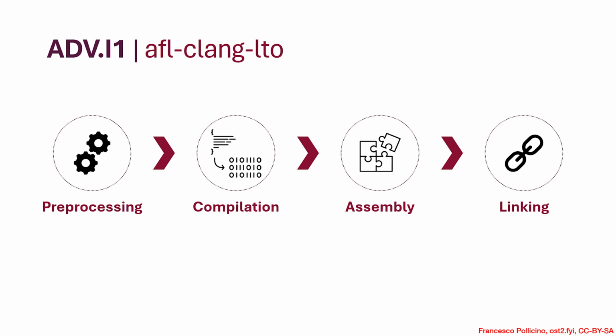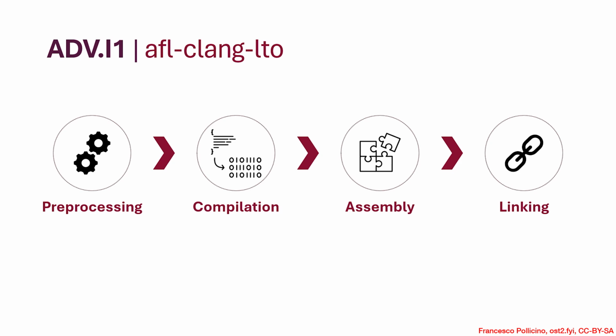We start with the preprocessing that prepares the source code for compilation, expanding all the macros, like the define and the ifdef, incorporates the files in the include directive, and produces the preprocessed source file. The preprocessed code is then passed to the compiler that translates the human-readable C++ code into assembly language, performing syntax and type checking and other high-level optimizations. The result is assembly code that is platform-specific. The assembler takes the assembly language code and converts it into machine code, binary mode. This machine code is platform-dependent and forms an intermediate object file. The output is a .obj or .o file, depending on the system.